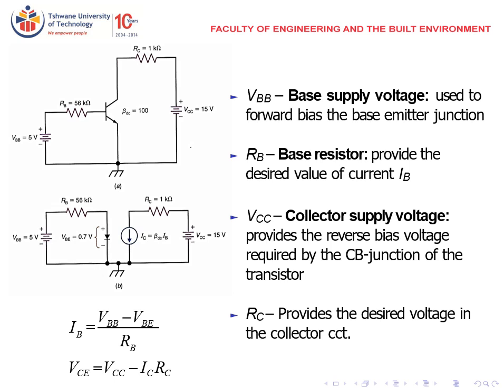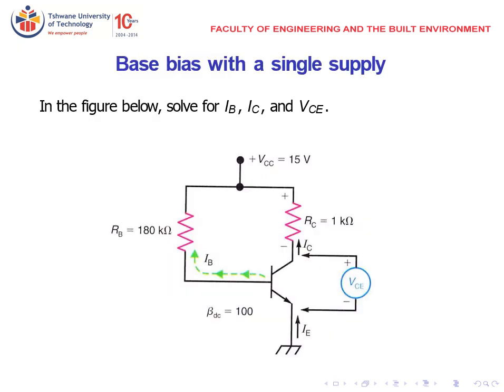RC provides the desired voltage in the collector circuit. Base bias with a single supply. In the circuit below, solve for IB, base current, IC, collector current, and VCE, the voltage between the collector and the emitter. Here we have one single supply, meaning that your base and your collector are both connected